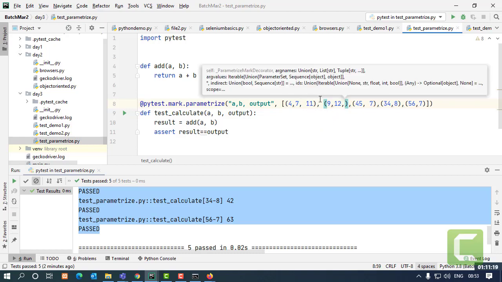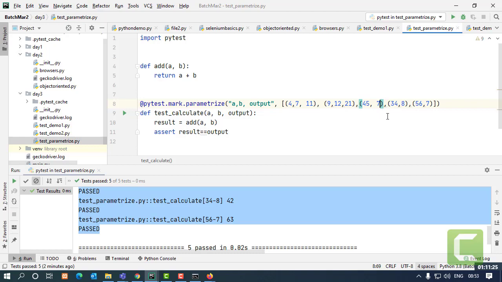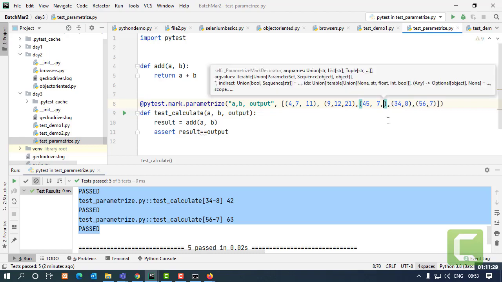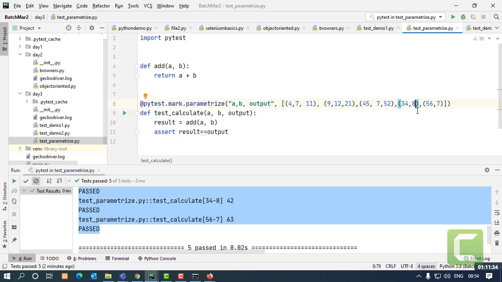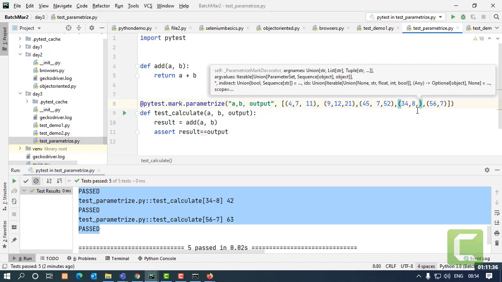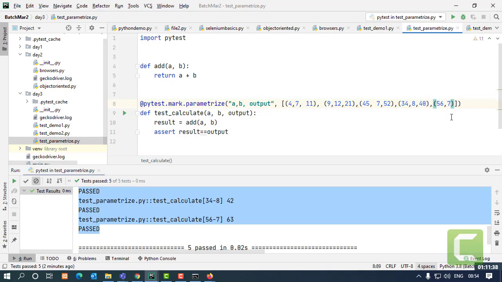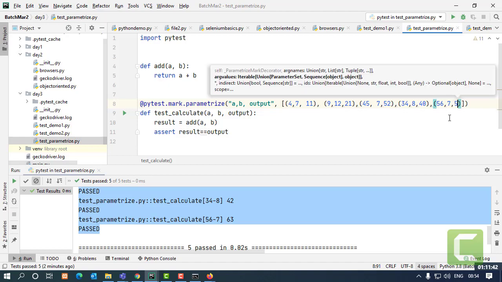One more value will be coming. 12 and 9 is equals to, I guess, 21. This will become 52. Let's say I'm going to pass a wrong value to these parameters. I'm going to pass an incorrect value. Let's say 60.